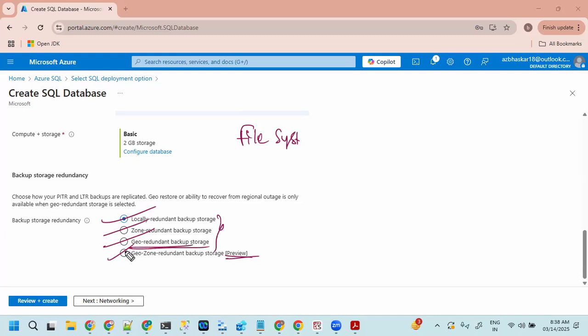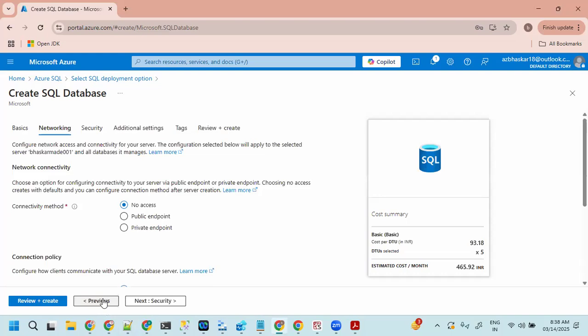So databases are going to be backed up three times. The database will be copied in three different places. So just feel that a file is nothing but a database. So just feel and make a comparison. You can easily understand. Let's go to next.